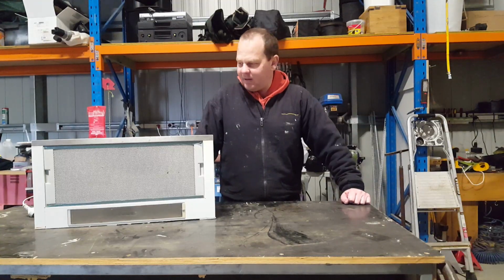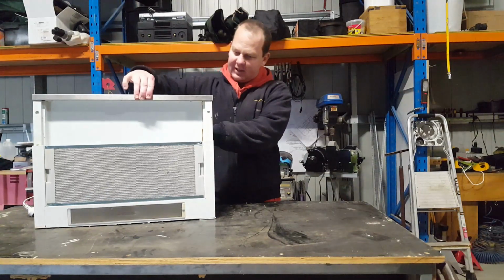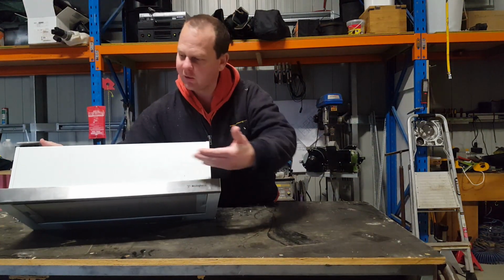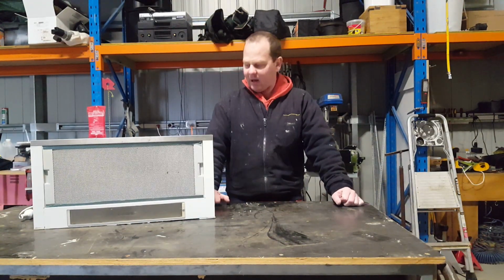So what we got here is a Westinghouse pull-out type range hood, one of the ones that sort of does that action. But the rest of it's all hidden in your overhead. From there up, it's a model number